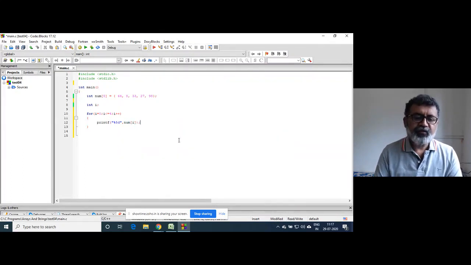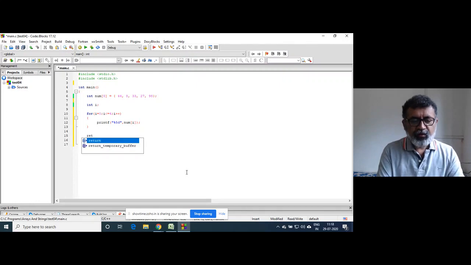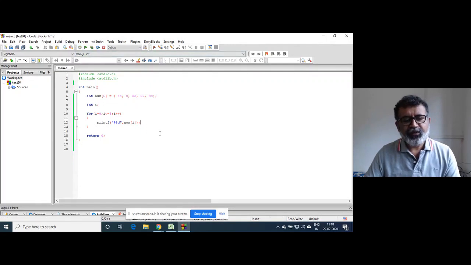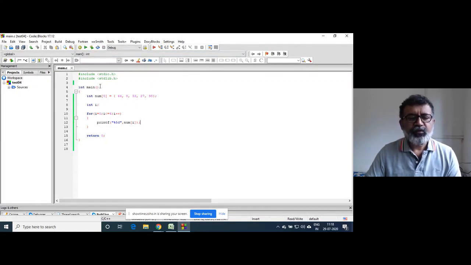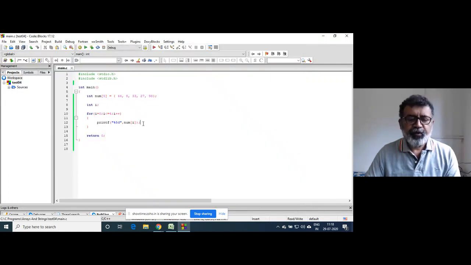We write like this, if you can remember, right? So the whole array is printed. This is the first program we wrote when we started the array chapter.